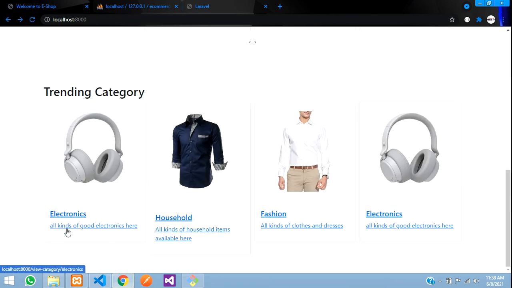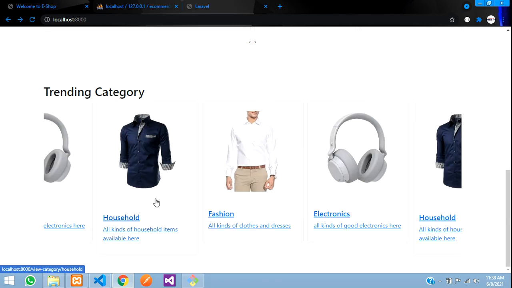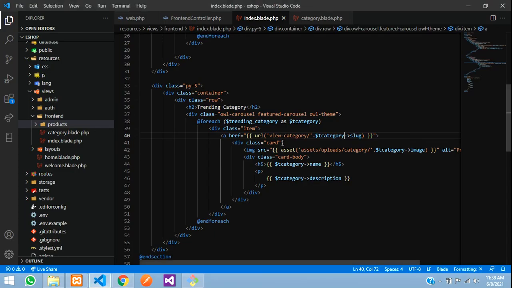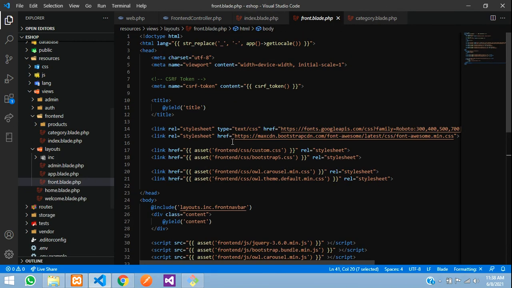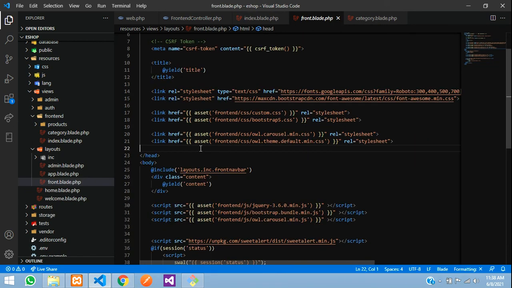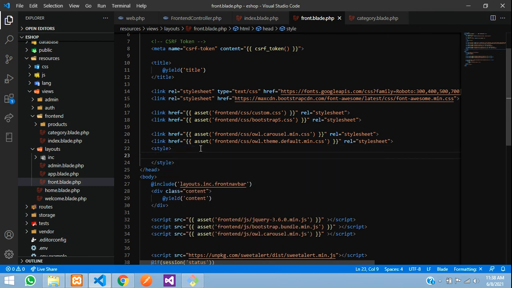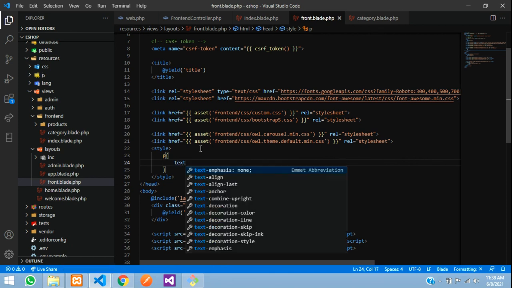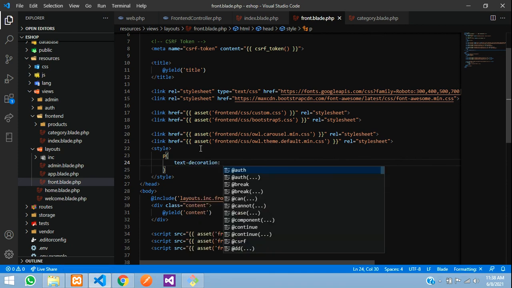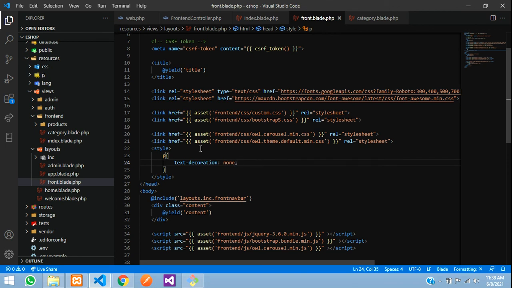So this blue color thing and underline is not looking good, so let us just remove that with the CSS. So go to the main page, this layout, and here we will add the style tag and say P tag, text decoration none, save.